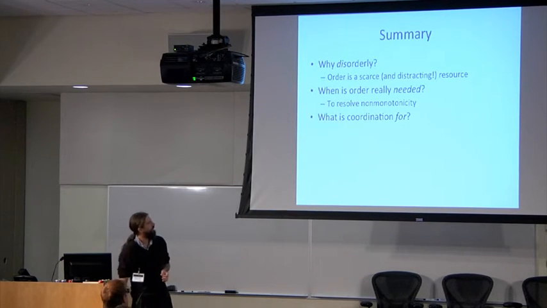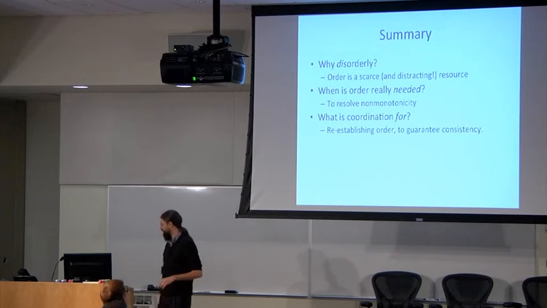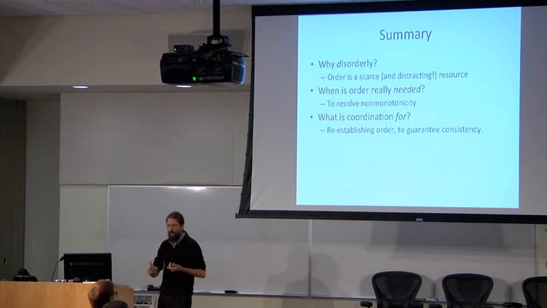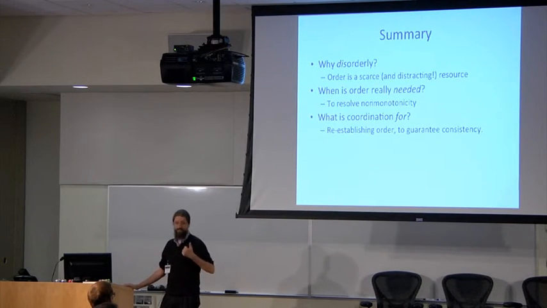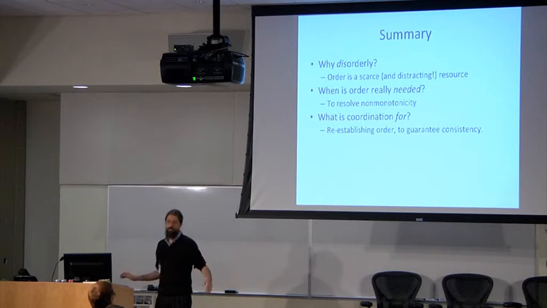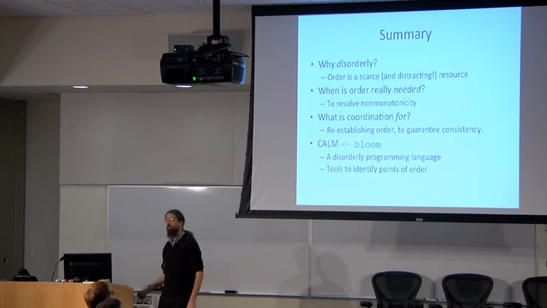I sketched some examples of coordination that we see in the wild. What's the point of coordination? I hope I've put a glimmer of doubt in your mind that maybe coordination really fundamentally locks, and consensus computations are fundamentally to control order flowing into non-monotonic processing so that we get consistent results. By consistent results, I mean deterministic executions to make trace and replay easier. I mean consistent data in replicated systems. So I hope you maybe believe that Bloom implies CALM. Bloom is a disorderly programming language that ships with tools that help you get the order just right.